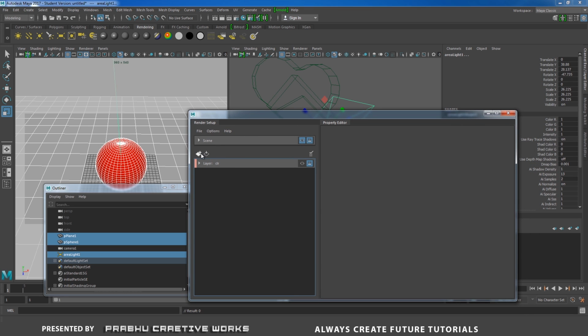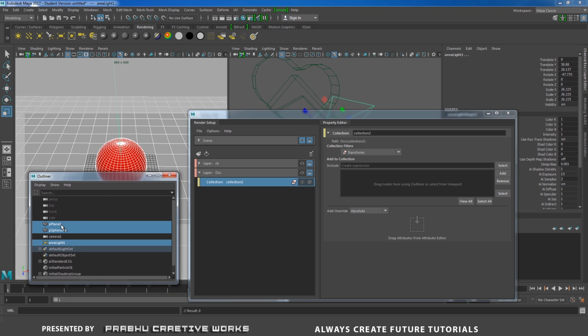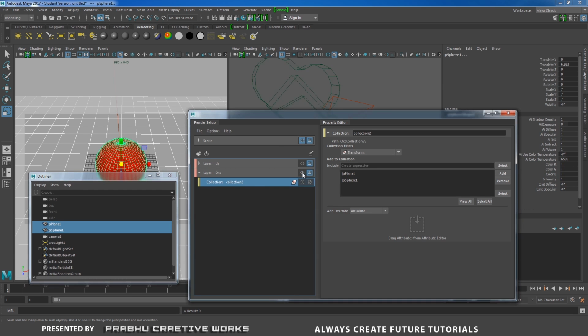Now you need to add another layer. This one is called occlusion, so OCC. Right click and choose create collection. In this collection you need to add only the objects, because for the occlusion layer we need only the mesh. So select polyplane one and polysphere one and middle mouse click and drag over here. Now I want to create, see when I isolate this